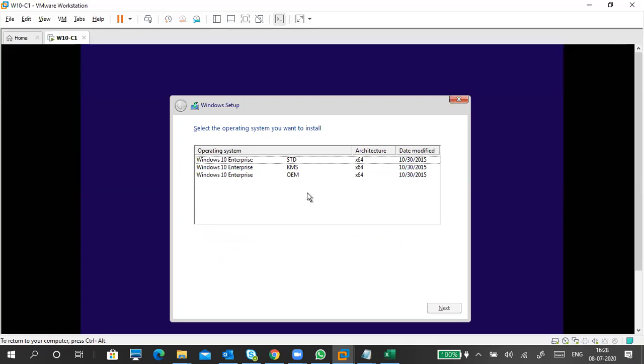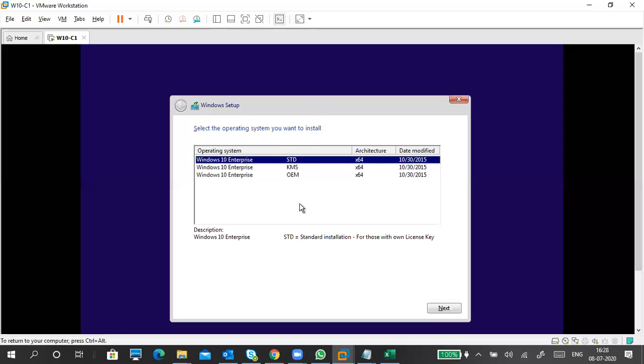That is an STD package. Okay, last time you downloaded an evaluation version, right? Now if you want to make it a real version, then you have to pay Microsoft. They will give you a key, you insert the key, that's it. It will become an original one. So this is STD. STD means it's a retail one. You buy it, and then you can put a key with that one. Okay, it's a separate copy.